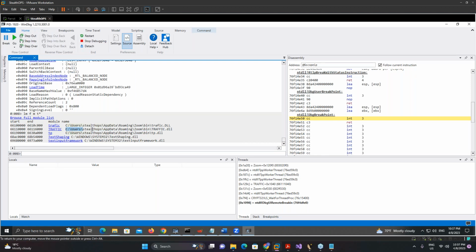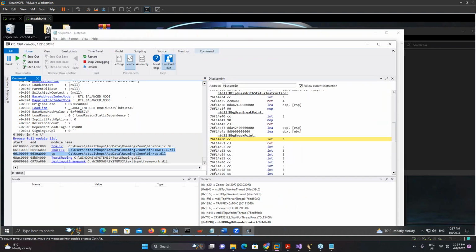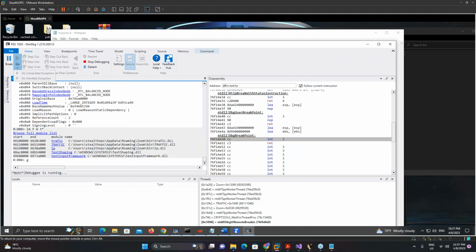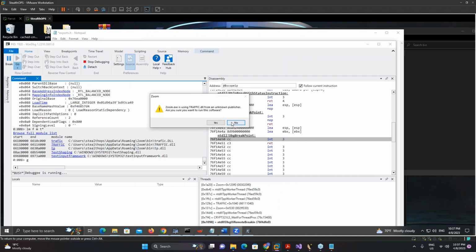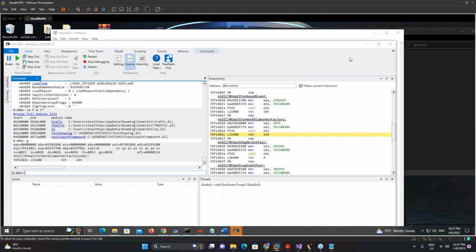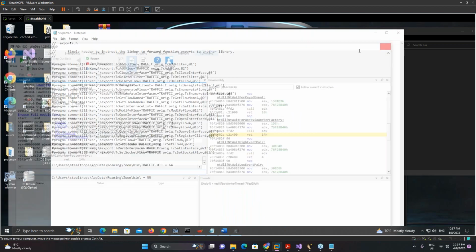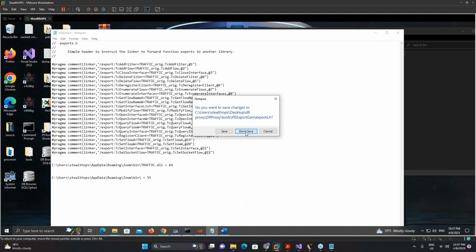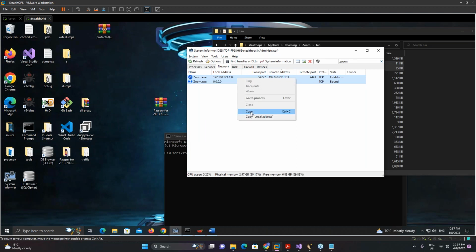This time the location is C:\Users\tilde\ops\AppData\Roaming\Zoom\bin\traffic.dll, and we have the pop-up again in the Zoom. So we have the pop-up here if you look at here. So now next time what we do is just terminate this,